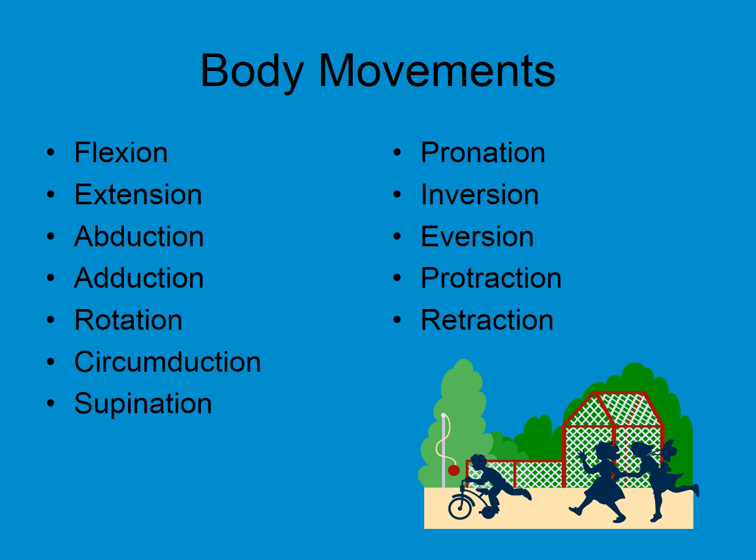Flexion is movement in the sagittal plane, right, that decreases the angle of the joint and brings the two bones closer together. So flexion, bringing it closer to you. All right, and then extension is the opposite of flexion. So movement in the sagittal plane that increases the angle of the joint or the distance between the two bones, right? And then you have hyperextension, which is extension that is greater than